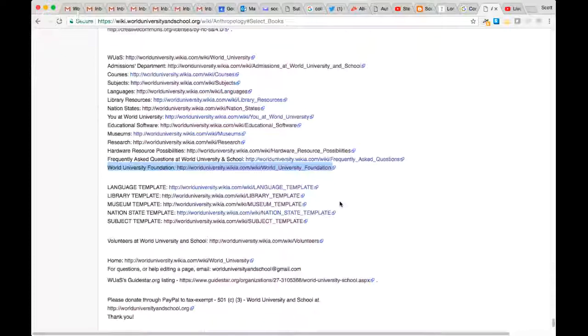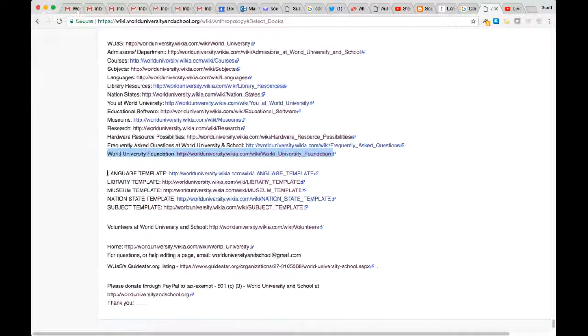And you can, from any wiki subject page at World University and School, there are about 725 right now, begin a new language with this language template. We need to get this working, but the idea is you could create a new school with this language template in that language.